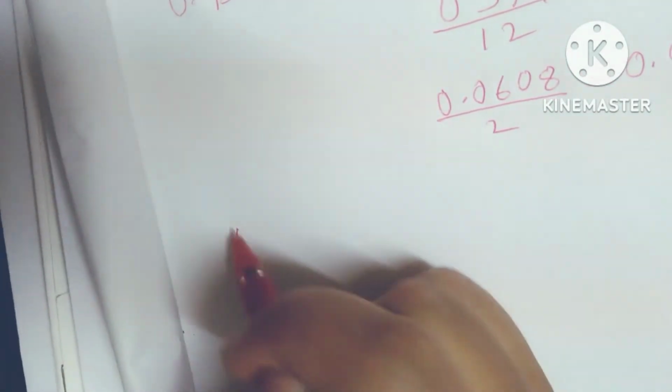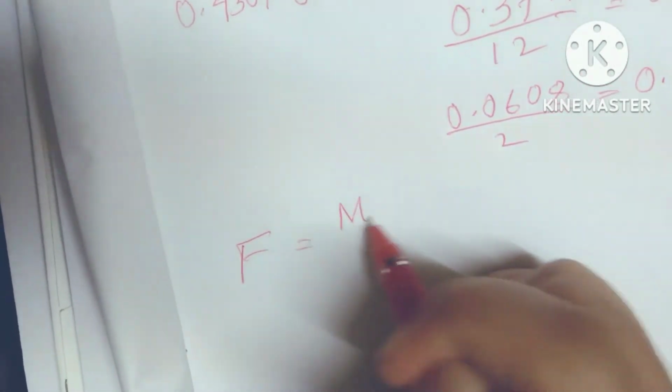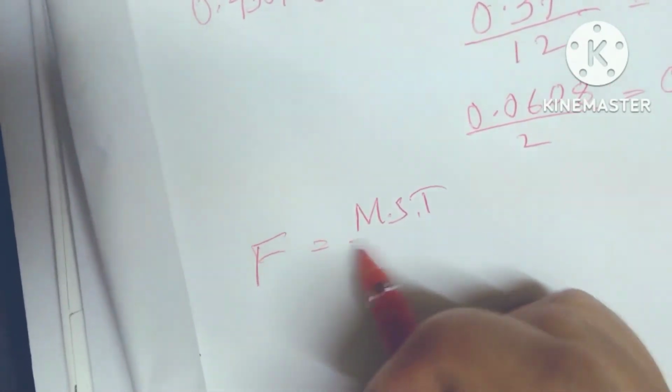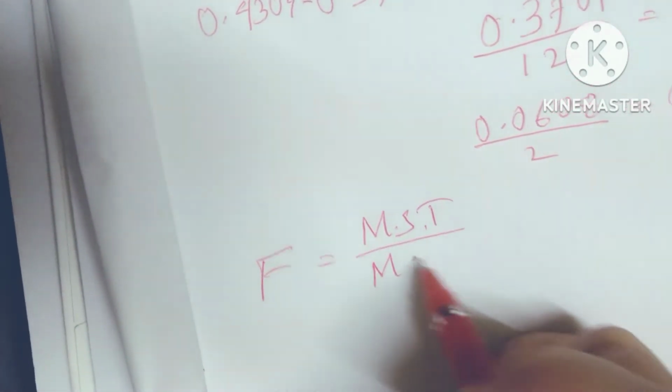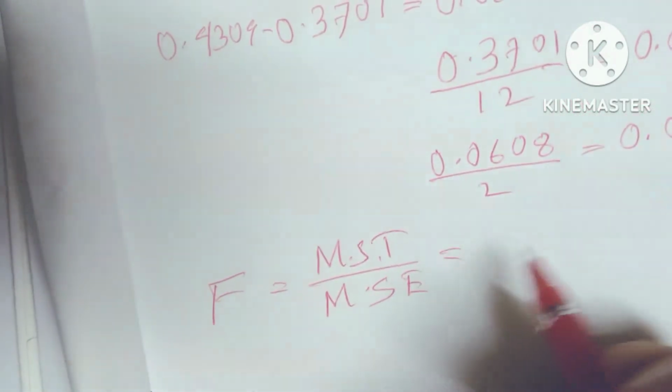So the F statistic, F, is equal to the mean square of treatment divided by the mean square of error, equals